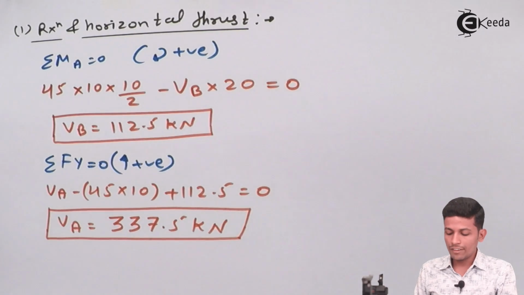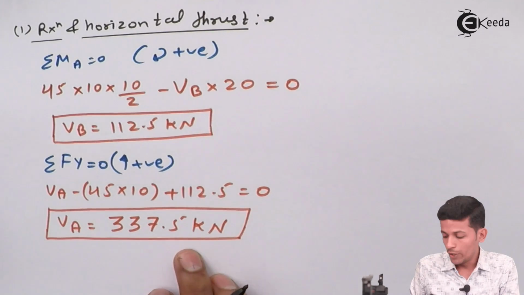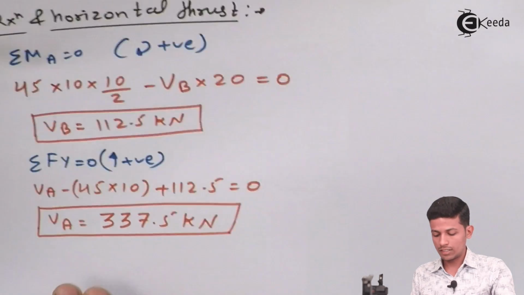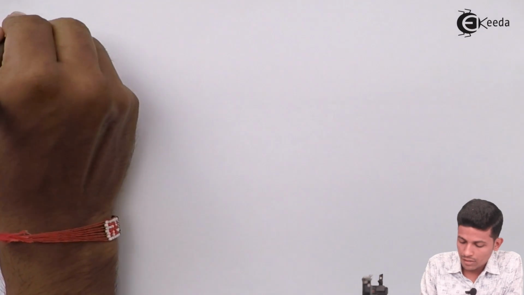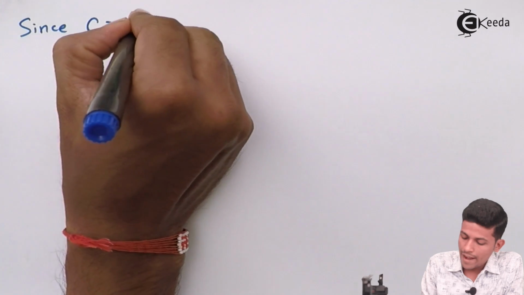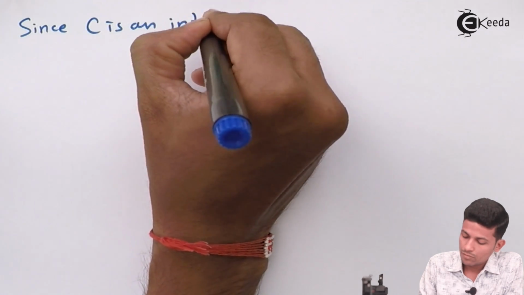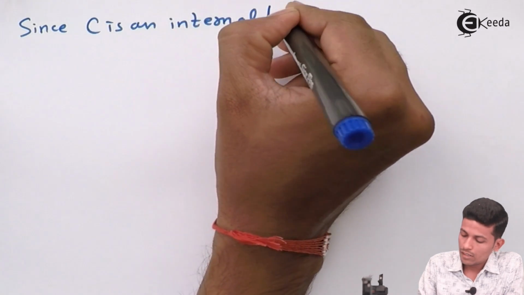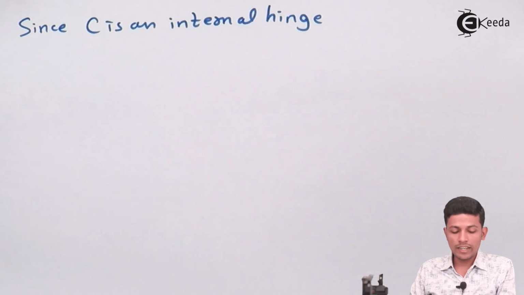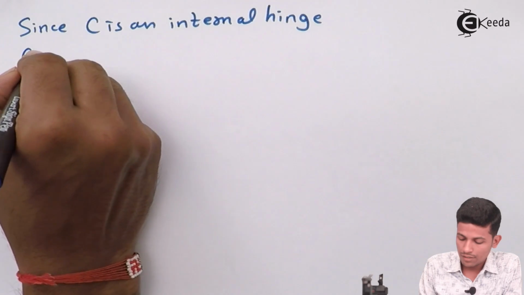Okay, 337.5 kilonewton. Now after that we have to find the horizontal thrust. So we can write over here, since C is an internal hinge, since C is an internal hinge, consider